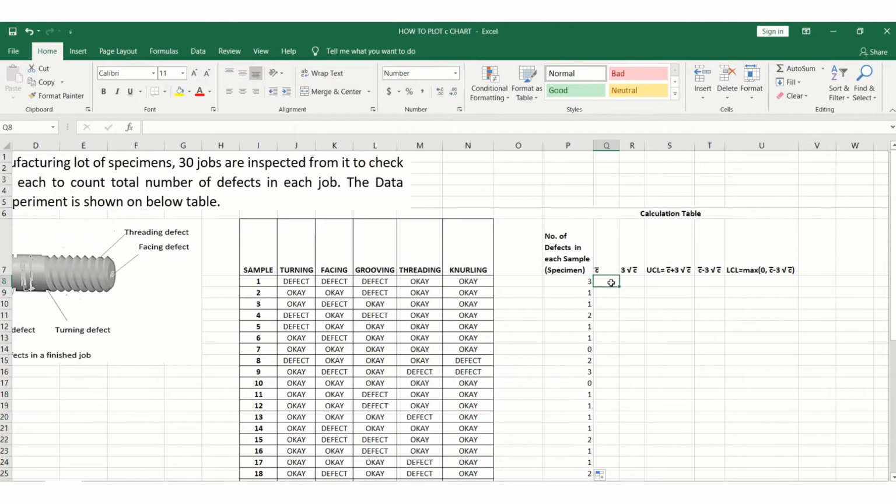Now for finding the C bar, that is the central limit or the control limit. The control limit of the C bar can be found by taking the average of these values. That means the summation of the total defects divided by the number of specimens that have been inspected. Use the function SUM,